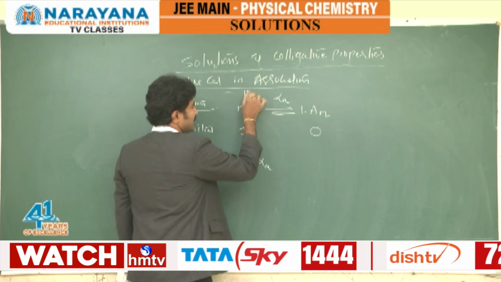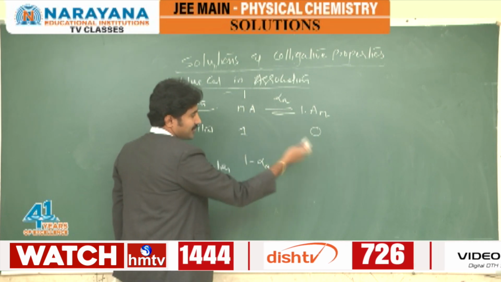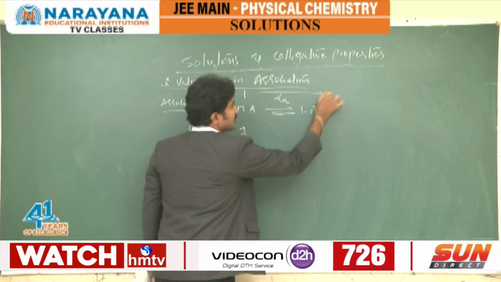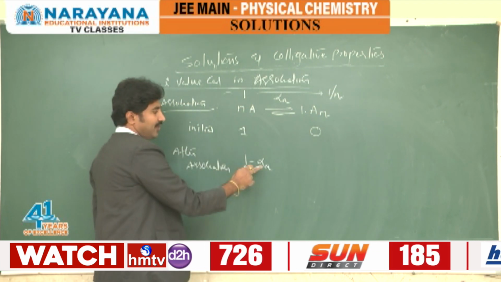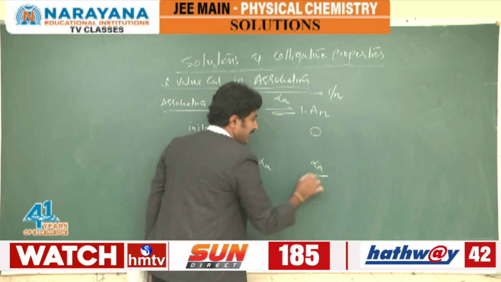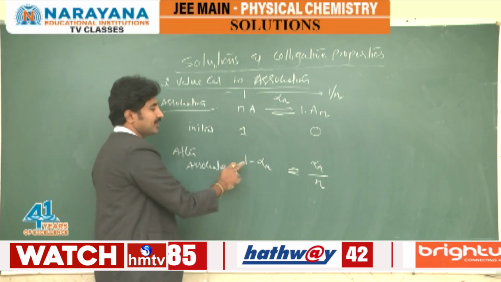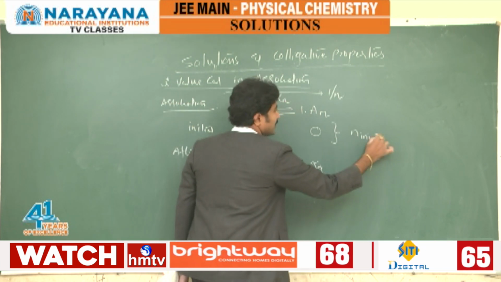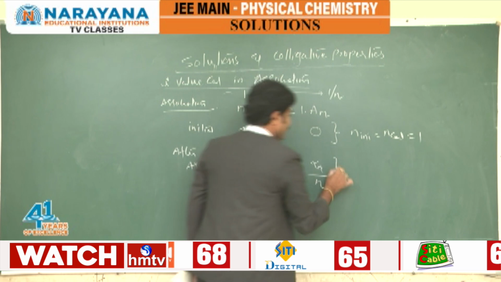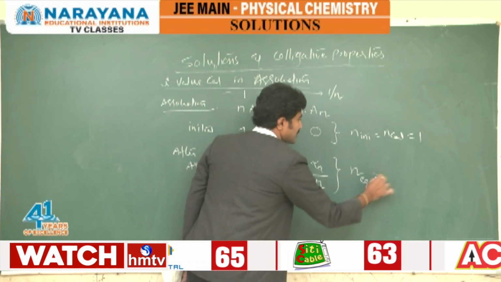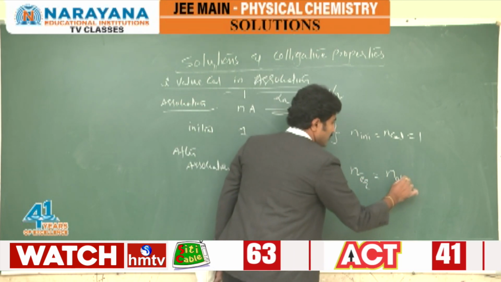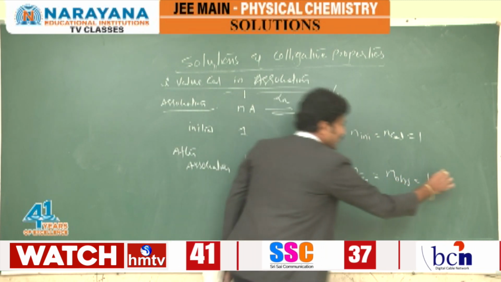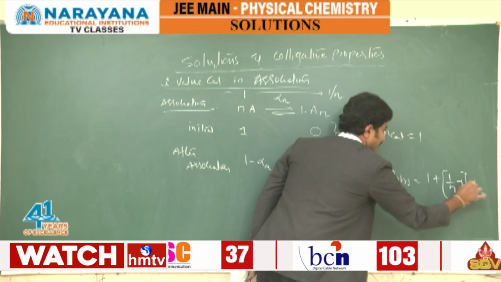But you know, stoichiometric coefficient conversions only give the product. You know n gives 1, therefore 1 gives how many? 1 by n. If alpha A is consumed, alpha A by n product will be obtained. These are the moles at equilibrium. These are the initial moles, the calculated moles, 1, whereas the equilibrium moles are the observed moles. If you add these two, this is 1 plus (1 by n minus 1) into alpha A.